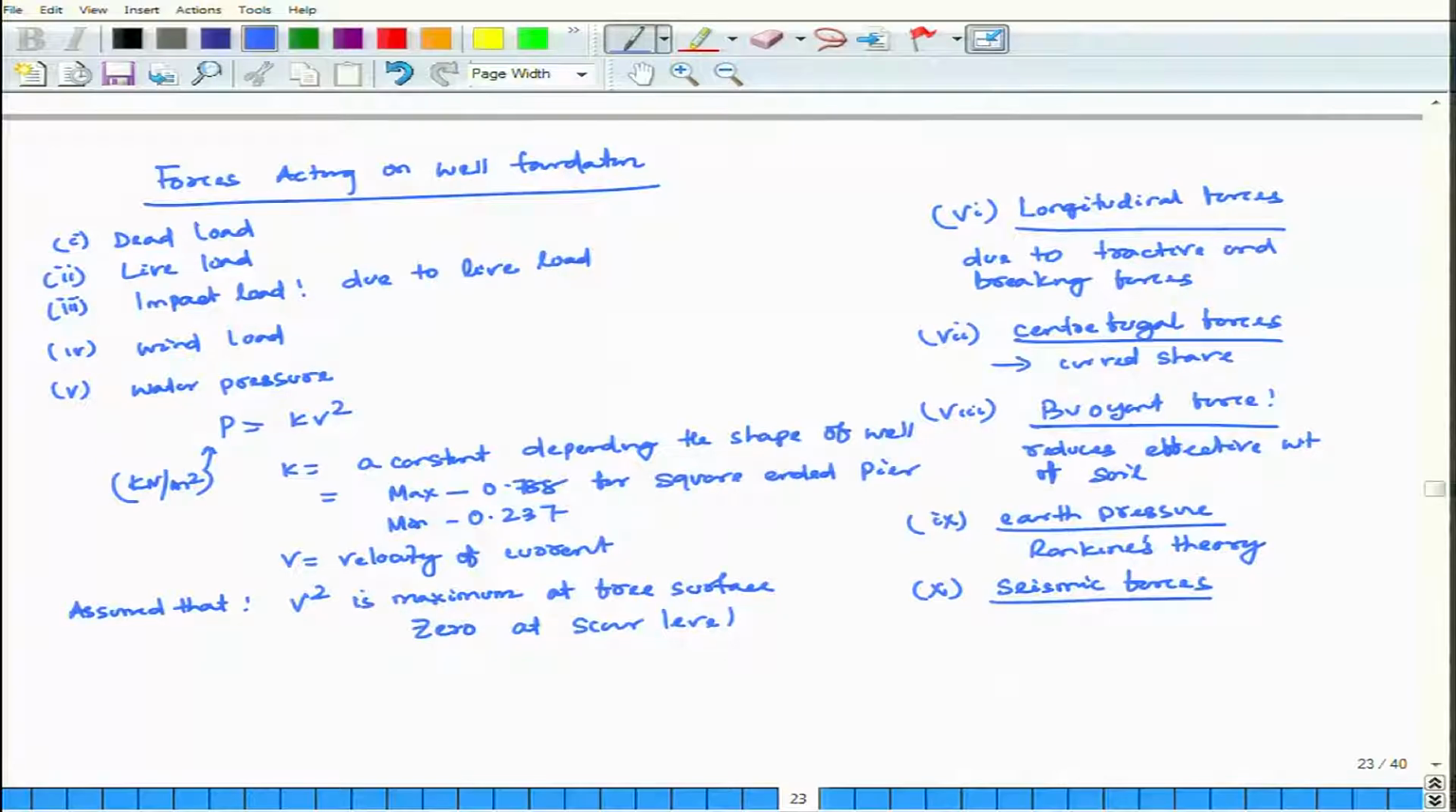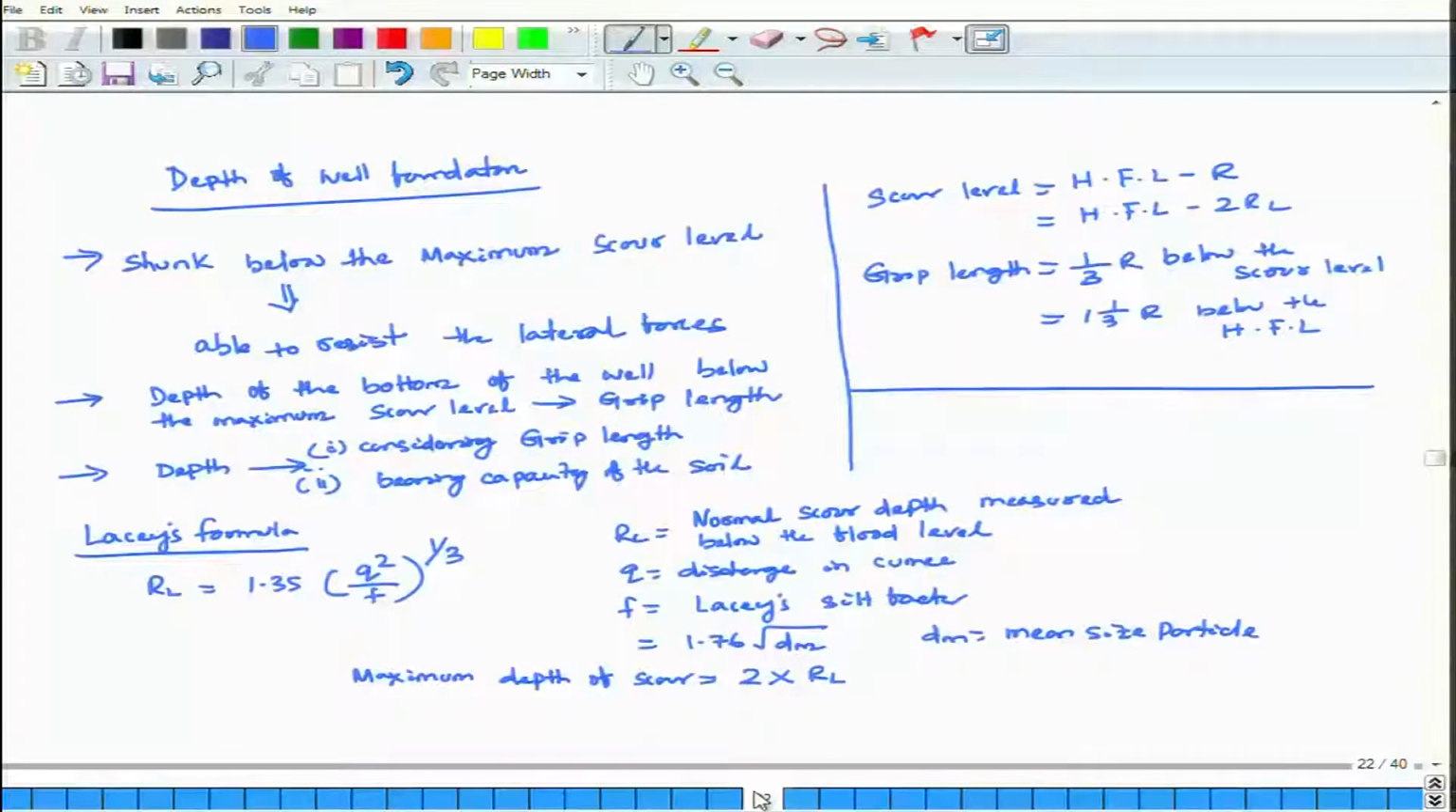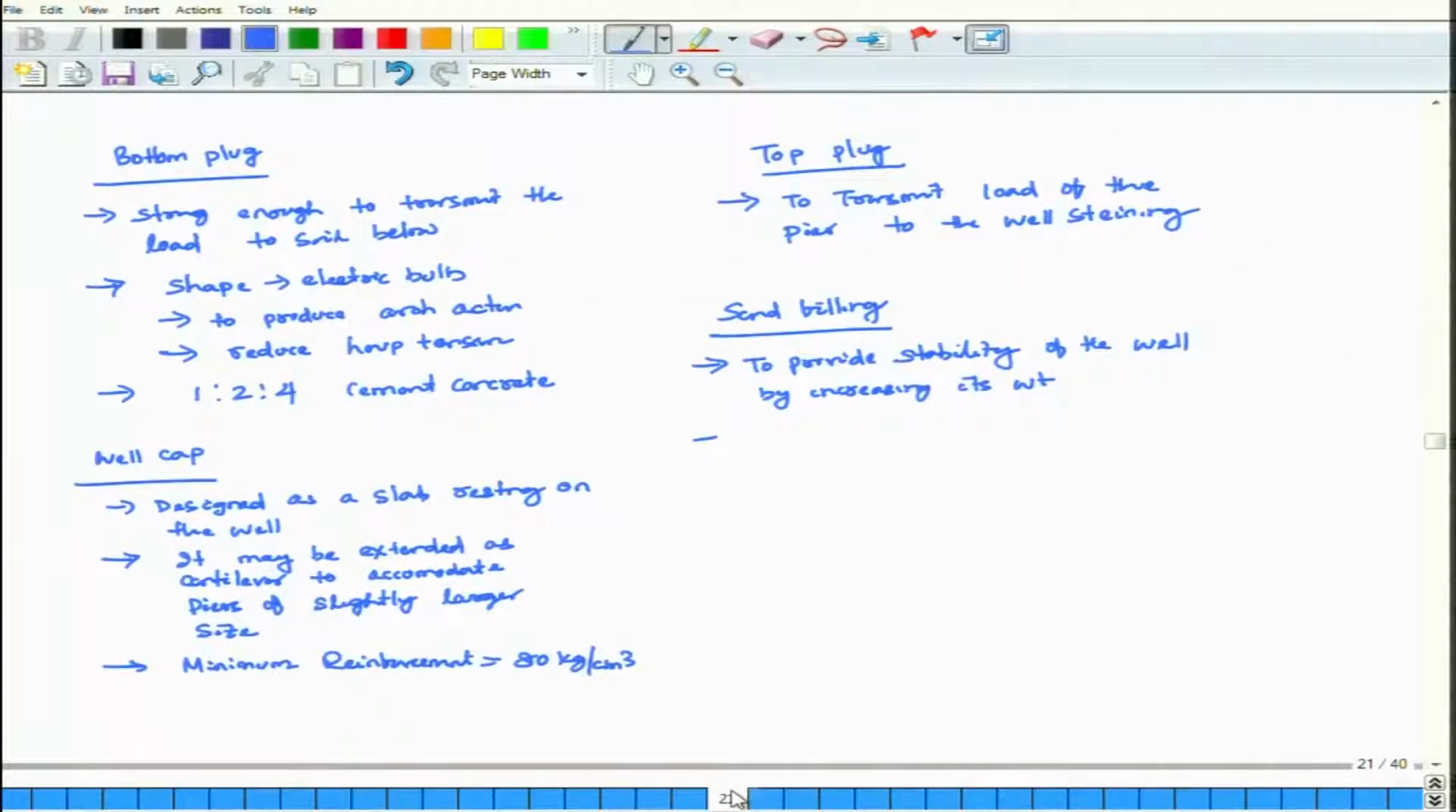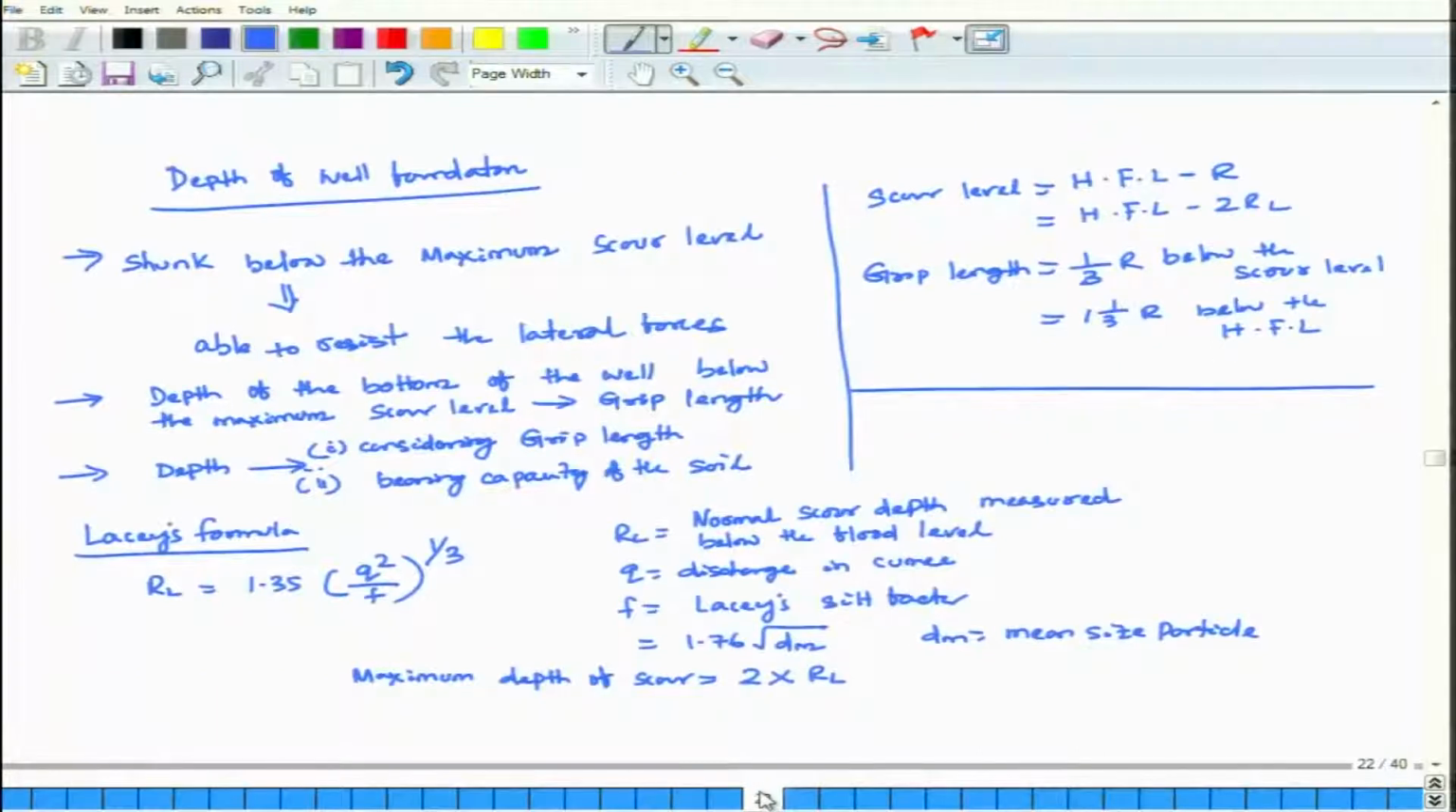Forces acting on well foundations. In the last class I covered the well foundation, its different components as well as other parts. So, depth of well foundations, and I have covered the different parts in the depth of well foundations. How much the depth of the well should be penetrated